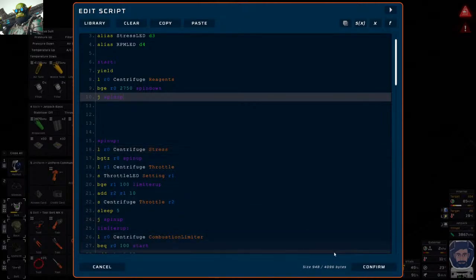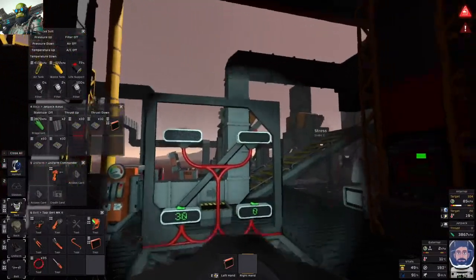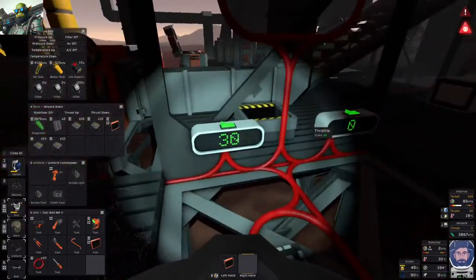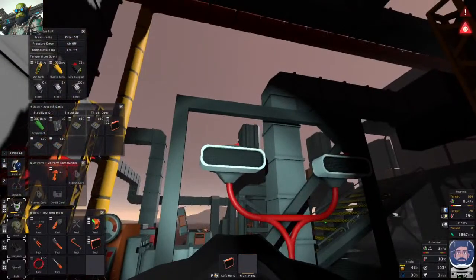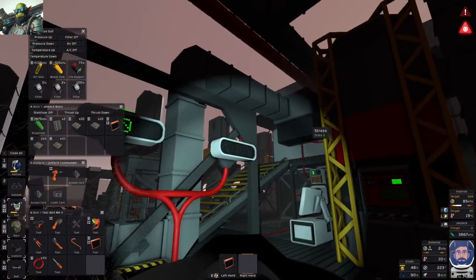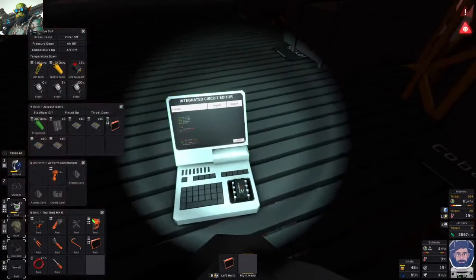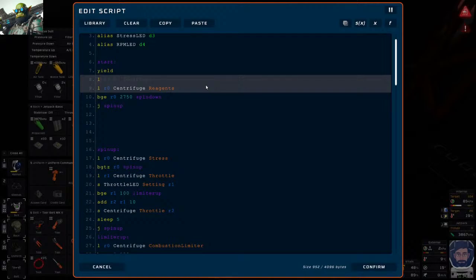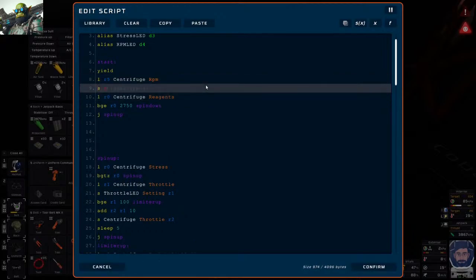Okay, so we want to keep track of... Why is throttle at 0? It's because I turned it off. We want to keep track of throttle, the limiter, RPM, and stress. So we'll just load R5, fuge RPM, set RPM LED setting,